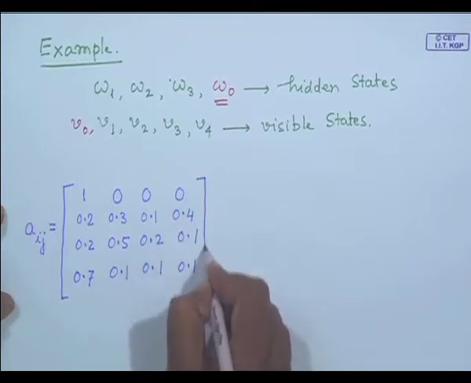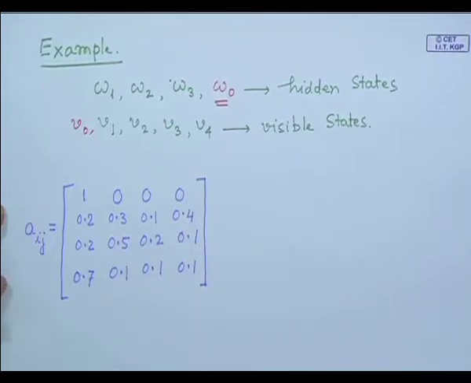So, these are the transition probabilities among the hidden states, and similarly I have to have the transition probabilities for